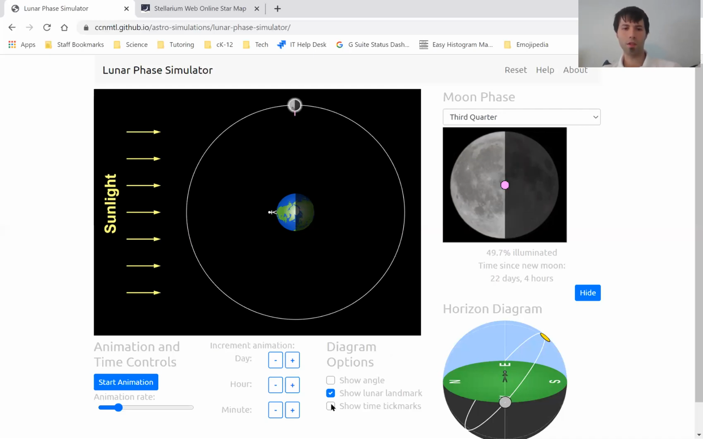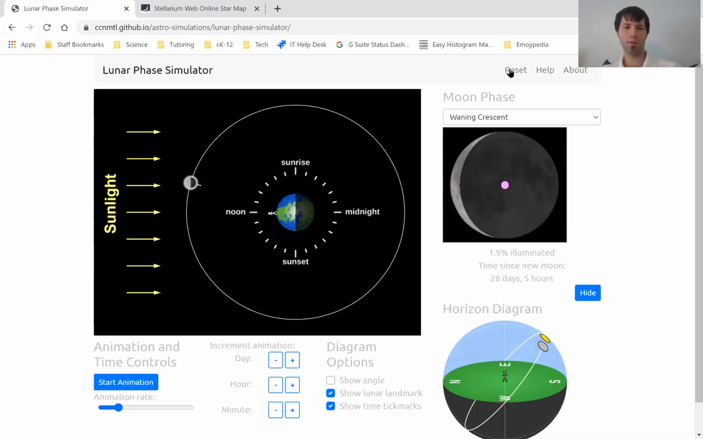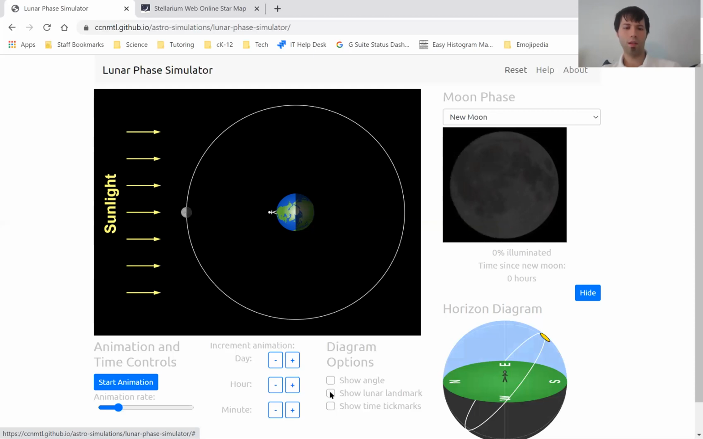I can also show time tick marks. And this is useful because I can also turn the Earth. Right now it's noon on Earth, and I can change it to sunrise. I can change it to midnight. The reason those time tick marks are useful, let me just reset everything here, is